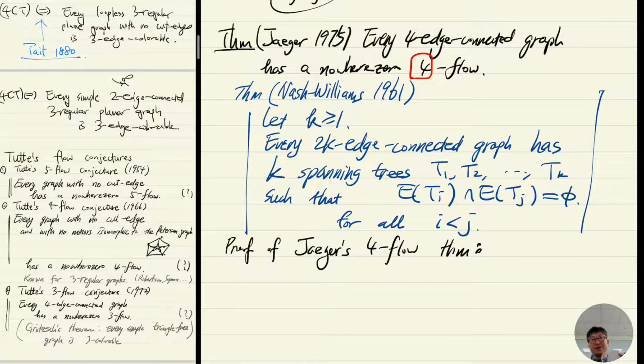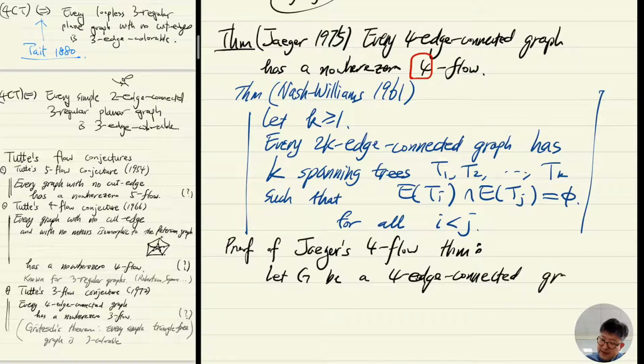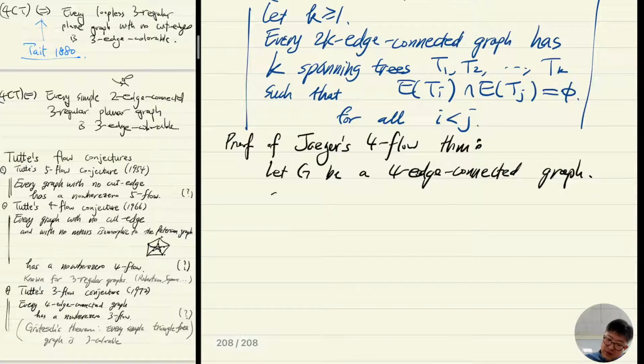And Nash-Williams was a professor at the University of Waterloo in Canada, where Tutte was also a professor. Okay, right. So let's start with a 4-edge-connected graph G. So the goal is to find the nowhere-zero